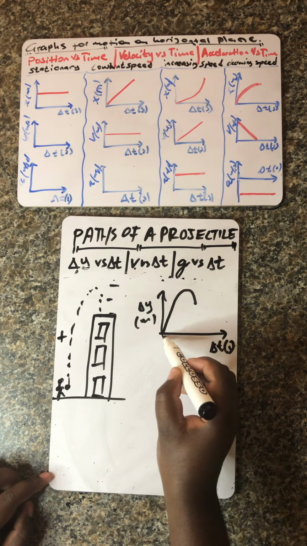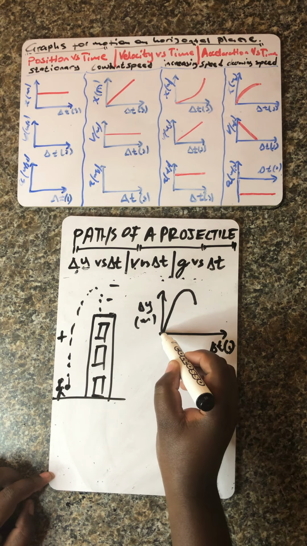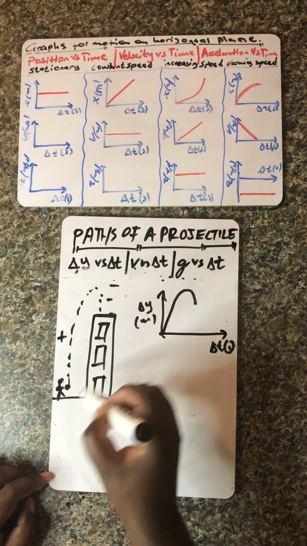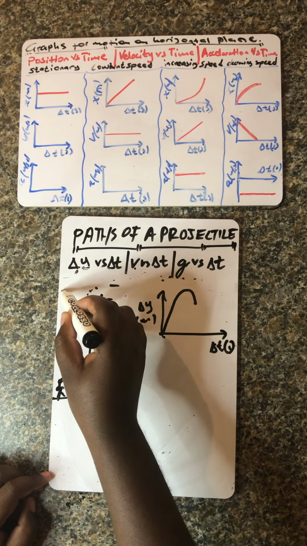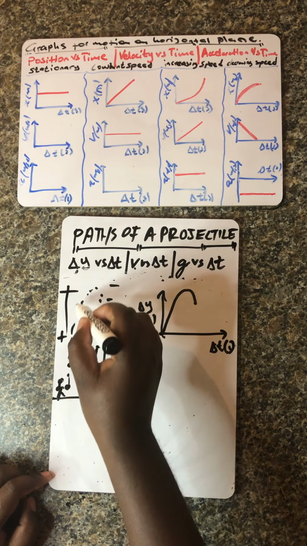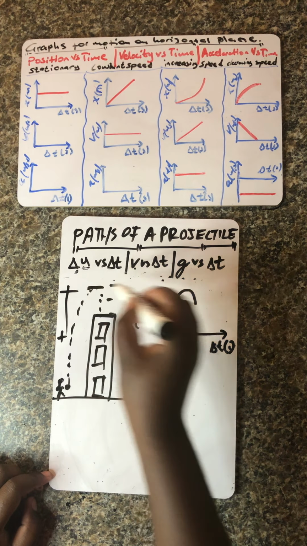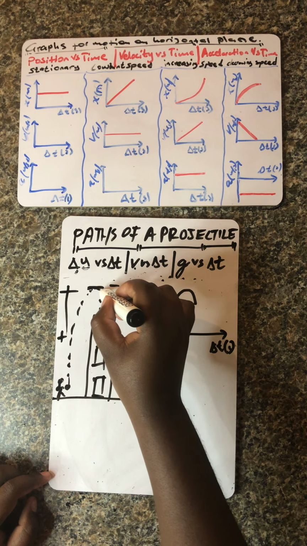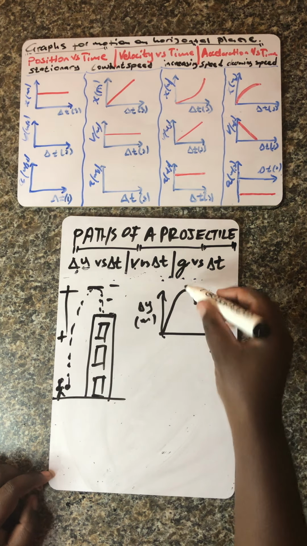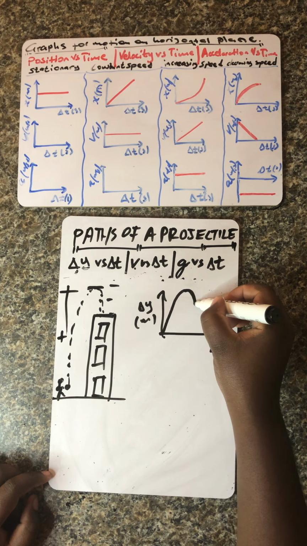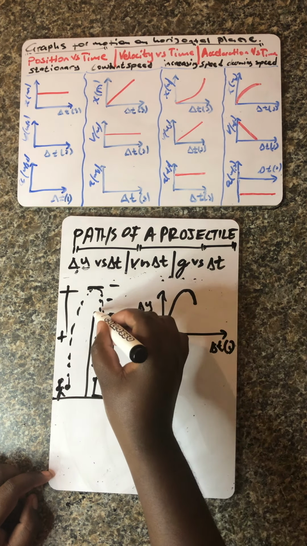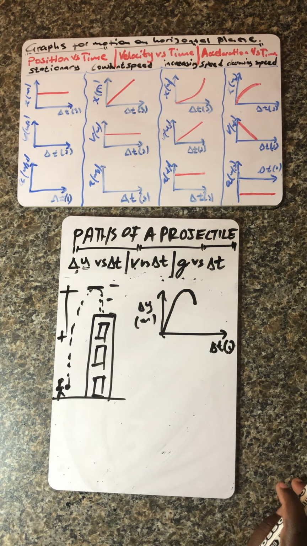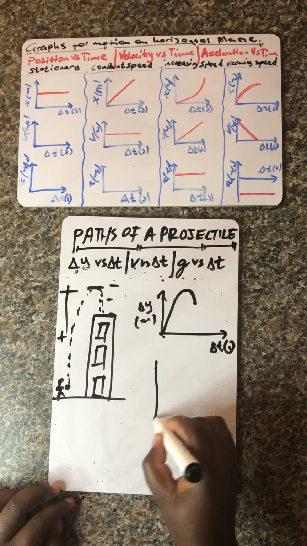It is because it covers a certain height which is increasing. This is the height which is increasing. It reaches a maximum height, which is that point, and then it starts to cover another height, but in the opposite direction. That's why that graph is now going down, but up to a certain height. Okay, so ladies and gentlemen, let's now move